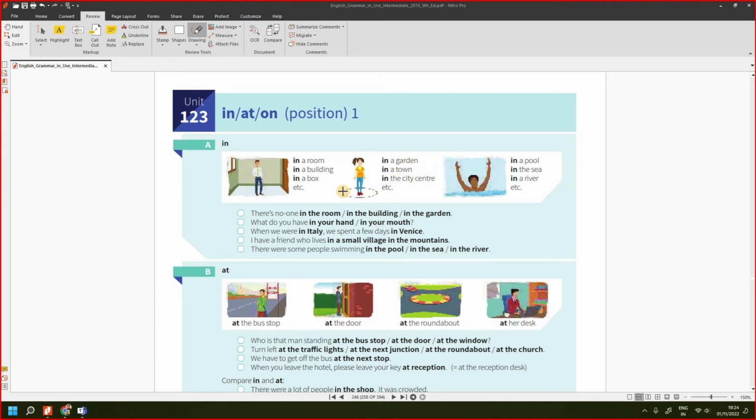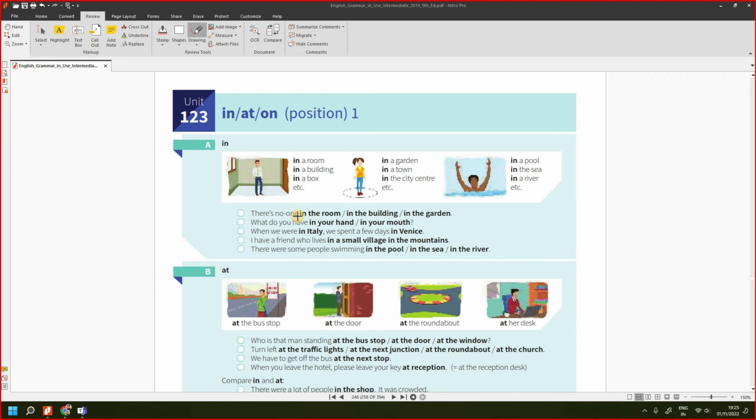Look here, they have drawn a circle in the diagram, which means you are in this place, in that geographical area. Now if it is a garden, you are inside that garden; if it is a town, you are inside that town; if it is the city center, you are inside that city center. So it is a geographical restriction. So wherever you have such a restriction, you have to use "in." That is the meaning. Similarly, you see here in a pool, in the sea, in a river, like that, because you are in the middle, like that. So that means you are in that particular place. So you use it.